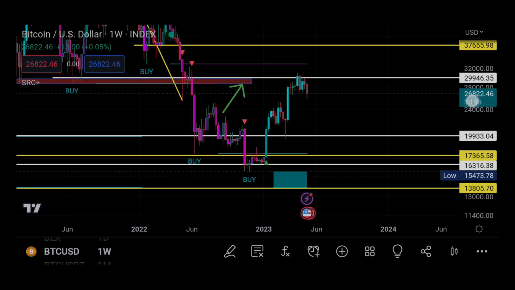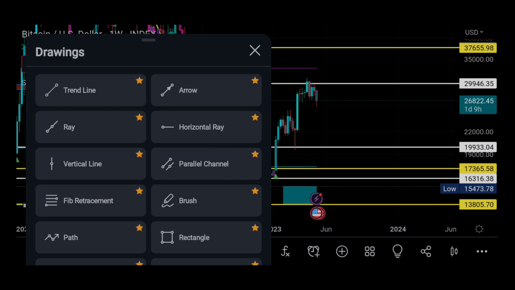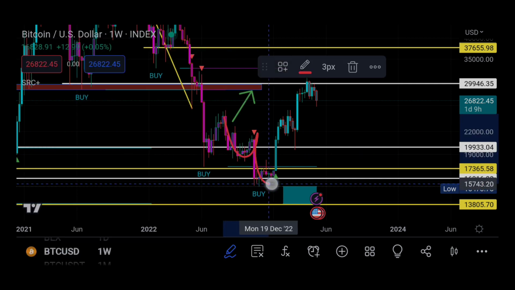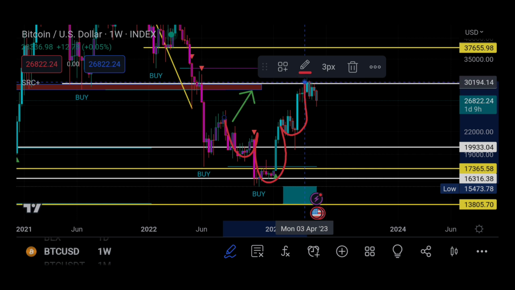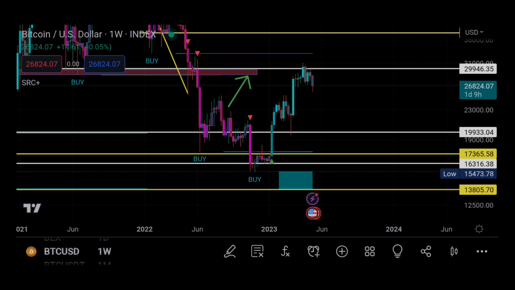So we came down here and we started to create a lovely little pattern. We started creating this inverse W. I know that looks funny, but that's what it is. We created this inverse head and shoulders, which is very bullish, by the way. And now we've come to a situation where we're coming down a little bit.